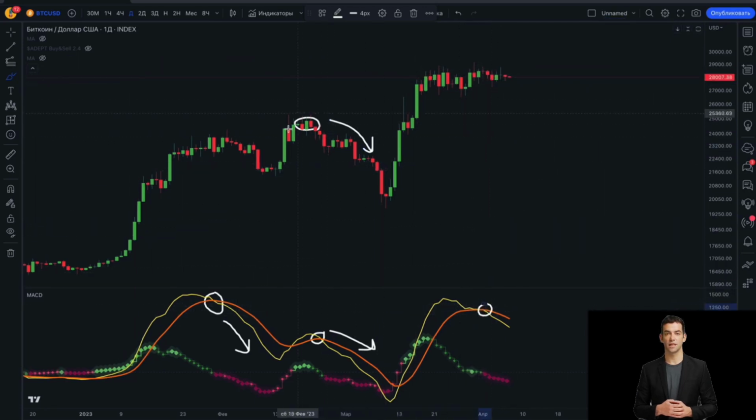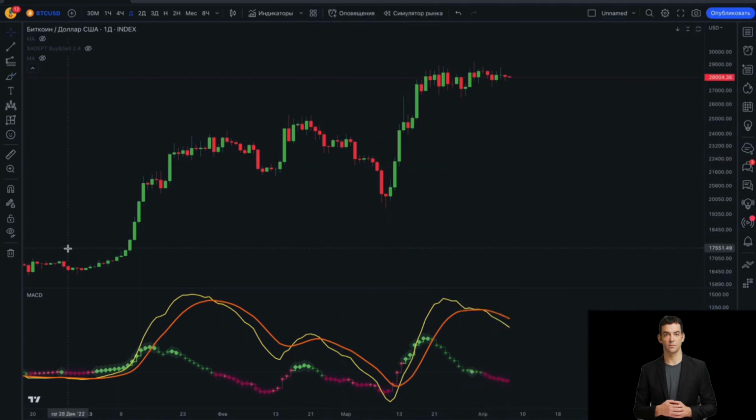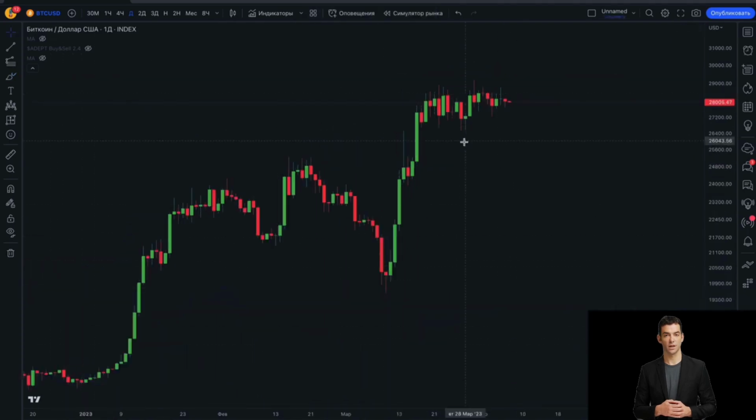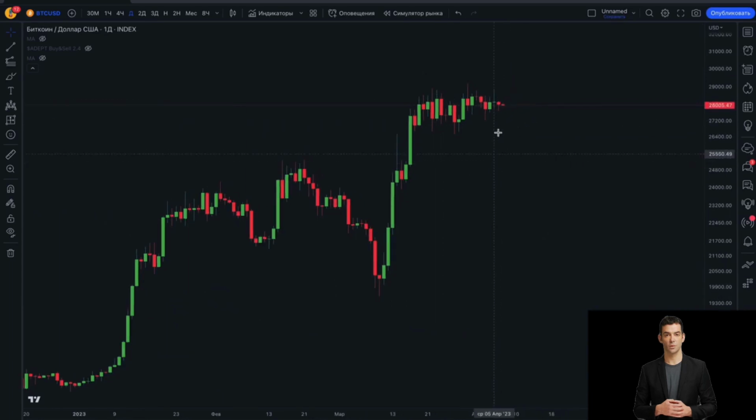I don't believe in that scenario. I believe that Bitcoin after these accumulations, even if it goes down a little bit, will turn around and go on to renew its highs. But since we are looking at the worst case scenario, we need to keep that in mind as well. So watch this. Let's switch to the 2-day chart and show the bigger picture.